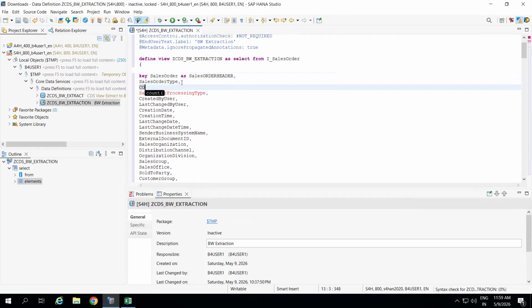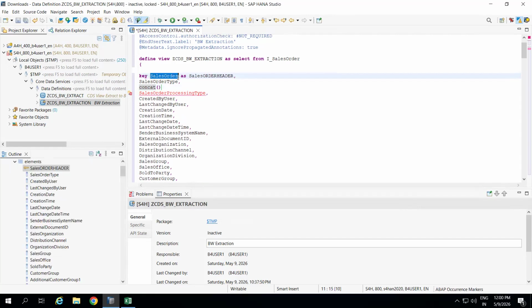Example, concat. How we will use it, in the last class we were unable to identify it. So I checked with the server guy, and he helped me. And now it is working; the others are for HANA. So if you want to combine sales order and sales order item, then you can use this function concat. Okay. And I will copy this one, sales order,